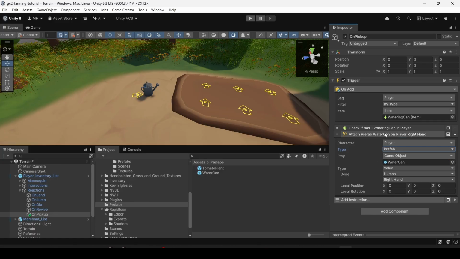We'll attach the prefab watering can. Actually, that has all the logic on it. You could either use this one or the one that has no logic, I guess. So we'll attach it in his right hand, and we need to know the position and rotation of it on the player. So what we can do